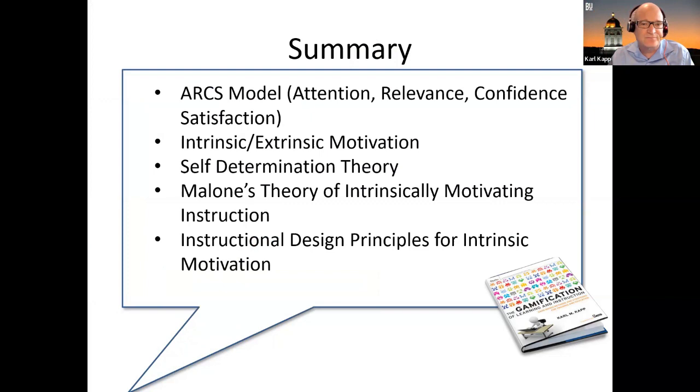So in summary, check out the ARCS model. I think that's really important. The idea of attention, relevance, confidence comes in handy. We talked ad nauseam almost about intrinsic and extrinsic motivation. The two are tied together. Self-determination theory, three simple things to remember, right? You want to make sure that people feel a sense of relatedness, social connection, that they feel that they can confidently and competently achieve the goals. And then finally, they have control, decision over that.